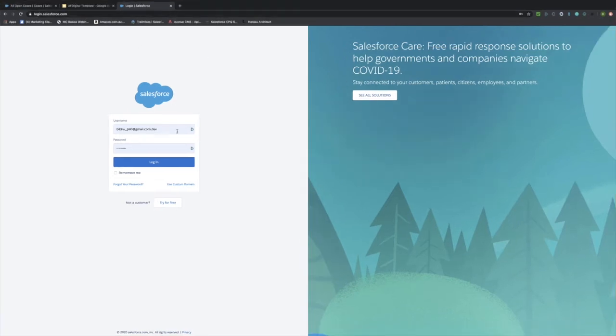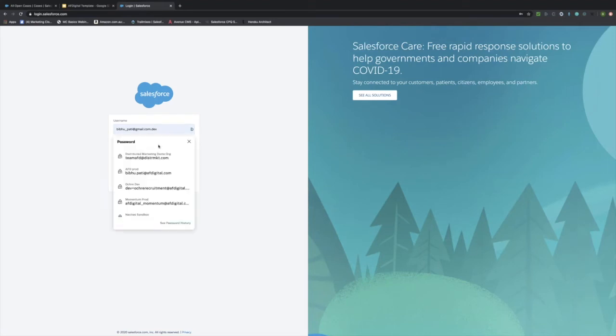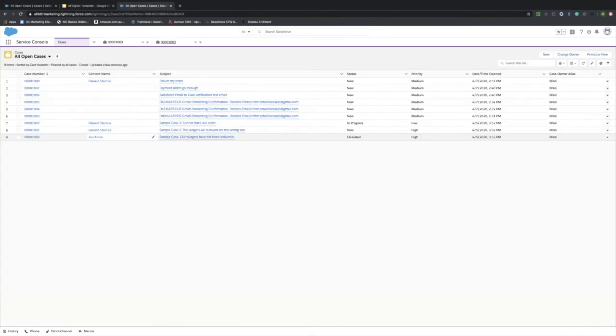I think here you go in. Obviously, I have all these details stored, but you can enter your username and password and then hit login. That will log you in. And as soon as you log in, you can see I've landed at a page where I have things open. And why is it so? Because this is one of the beauties of Salesforce Service Cloud, that it remembers everything that you have done